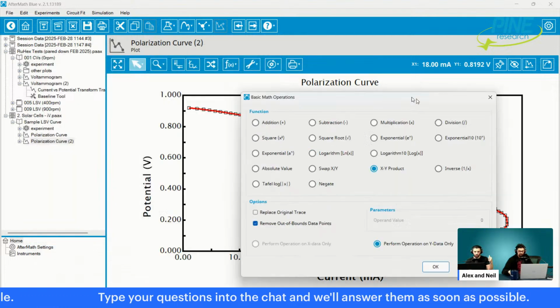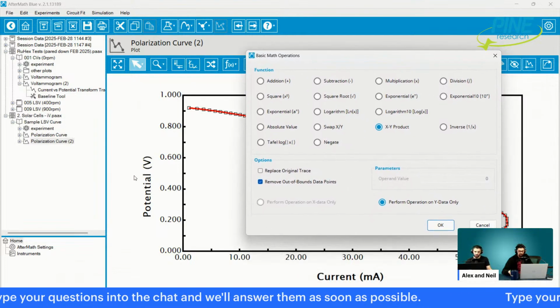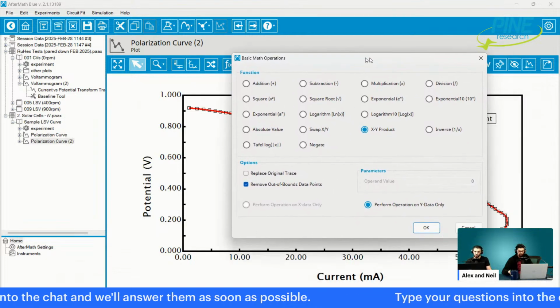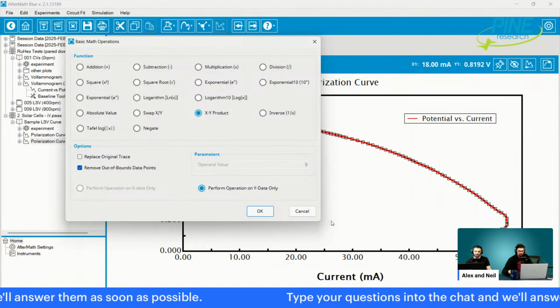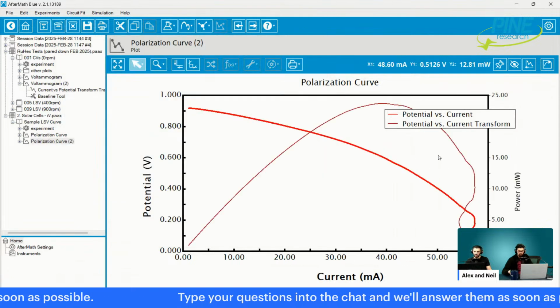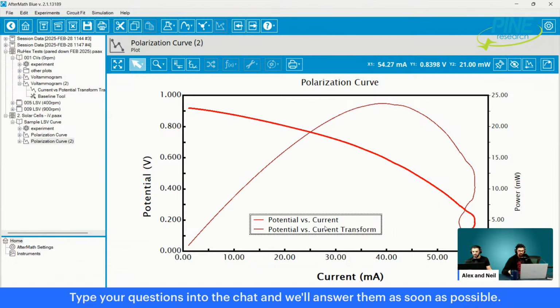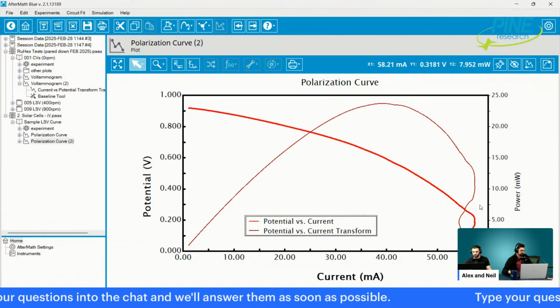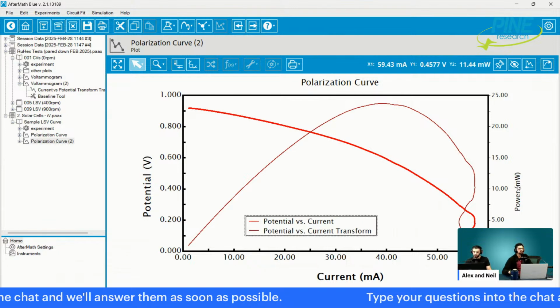If you want it the other way, you would just swap the axes, just put the potential on the x-axis. But what I'm doing is creating a secondary y-axis against current. And so here we go right there. That's it. Now, this is easier said than done with the software I'm showing you, because Aftermath is built